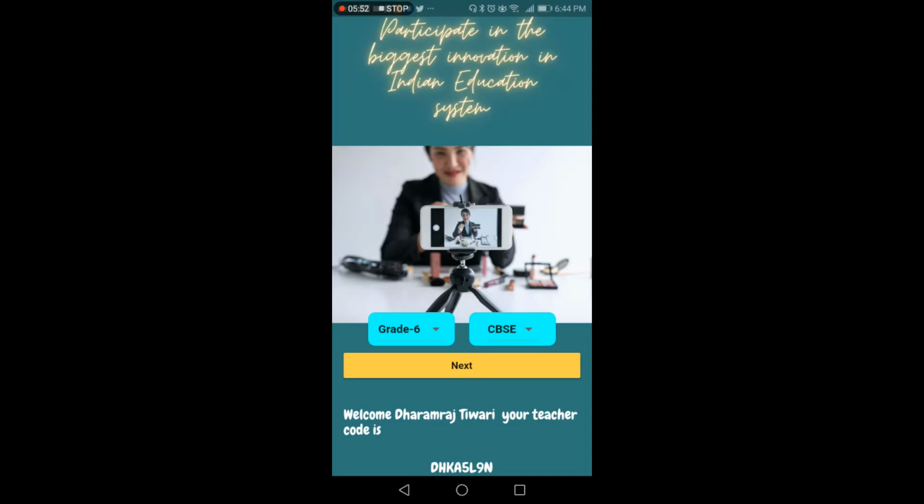So this code will be used to link the teacher with the students. When the students onboard, they will be linked to the teacher, but it's not related to the registration process, so I think you can ignore it for now. Okay, I'll explain the importance of this in the next video, where I will explain the process of student registration.